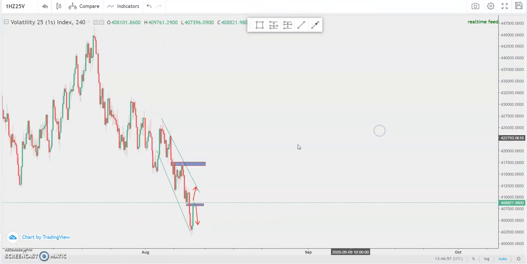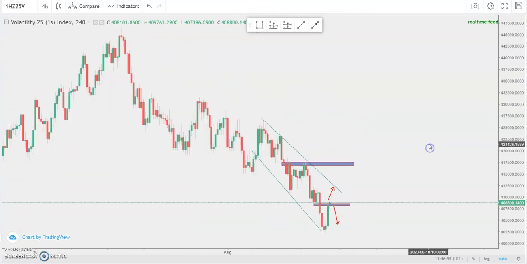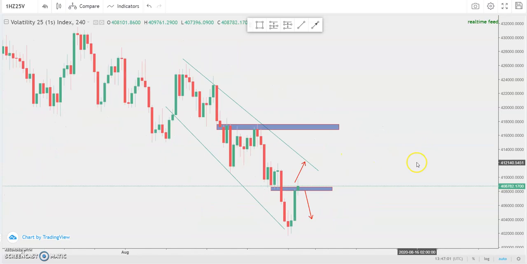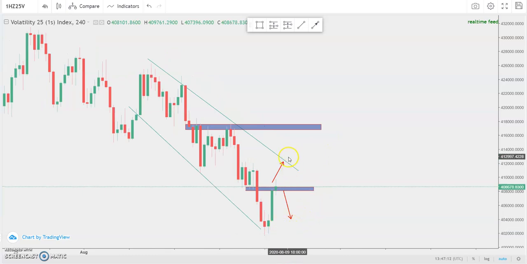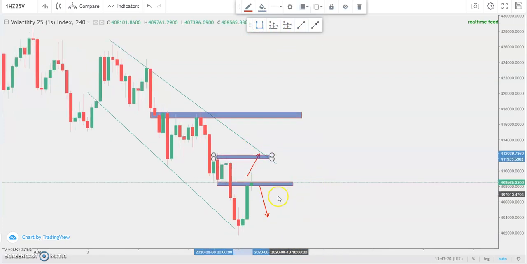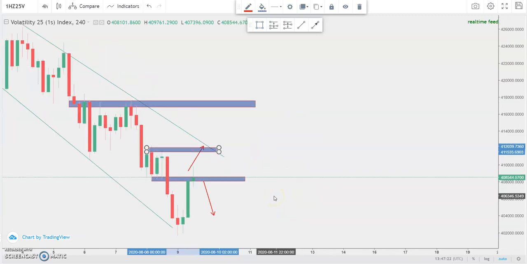V25 1S. Okay, I want to make sure you guys can see. So V25 1S is now bullish. It's been bearish for quite some time now, but it is recovering, right? So I'm expecting that price is correcting. I'm also expecting that we might reach these levels, at least these levels. So I'm looking for buy opportunities on